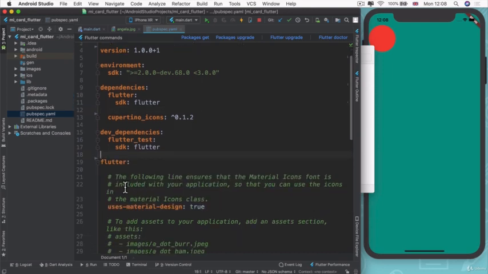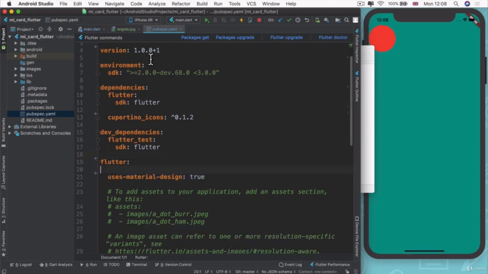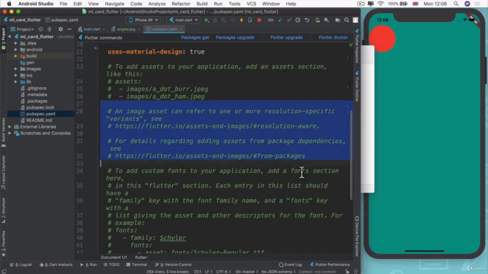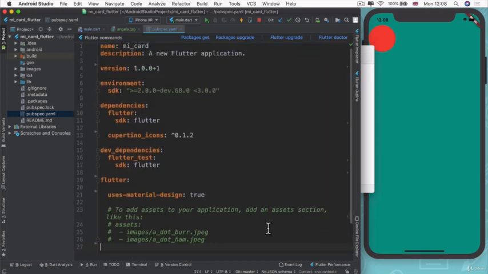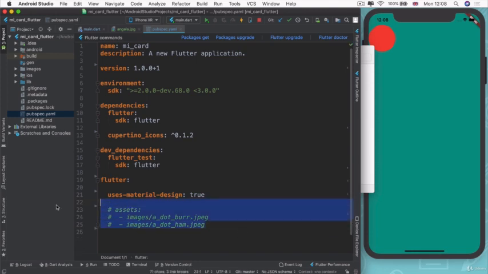So remember, the comments start with a pound sign or a hashtag, if you will, and try to not accidentally delete parts that are not comments, like the SDK, because otherwise you might end up with some problems. So I'm also going to delete all of this, but I'm going to go ahead and add my image asset in here. So I'm going to select all of that, and I'm going to hold down Command or Control